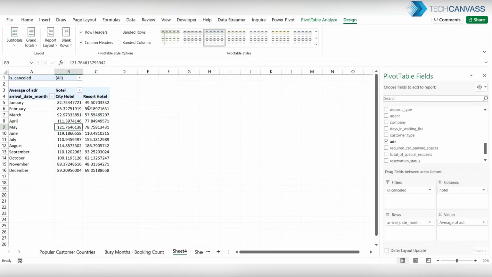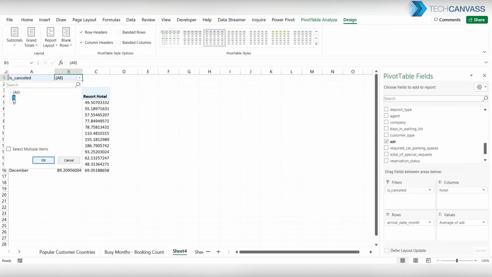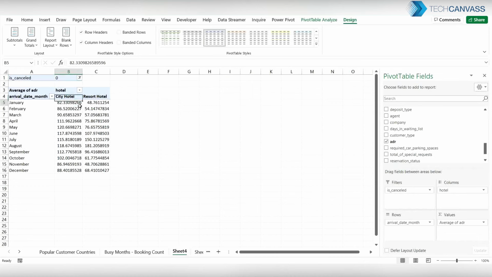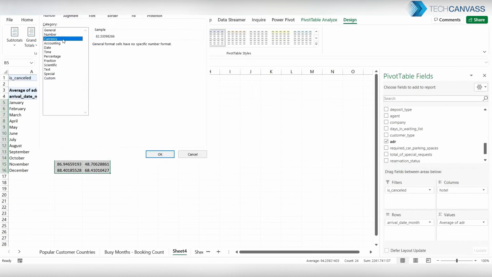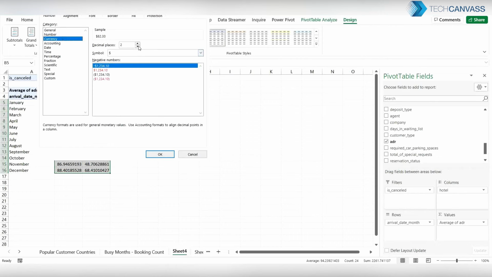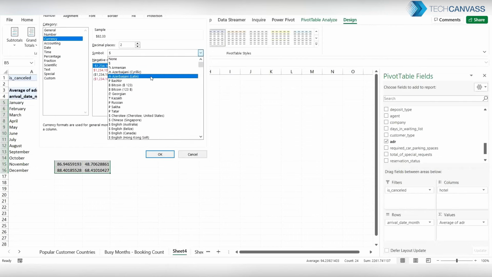Okay, so we have this average cost here. We'll first of all select only people who have not cancelled, and let's format these as currency columns. So this is Portugal, and the currency used is euro. So let's go ahead and add that.